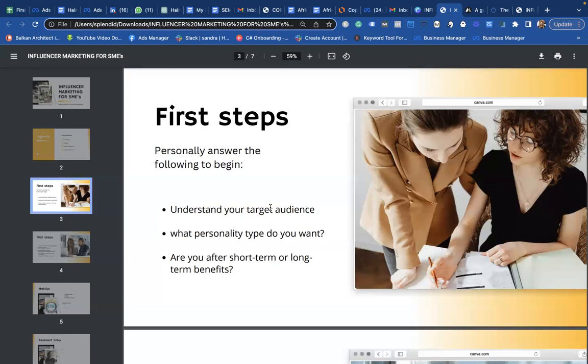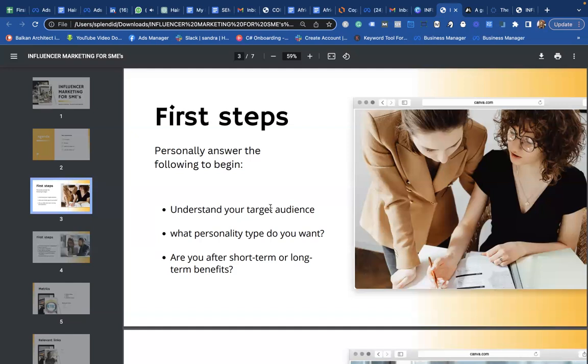If you're asked to list the 5 major audiences you're looking forward to, those audiences you pick must also suit the followers of the influencer you want to pick. And how would you know? The type of content they put out. Influencers already put out content that fits their niche, that fits who they know their audiences are. So looking at that content, you already know, oh, this actually fits my target audience too.